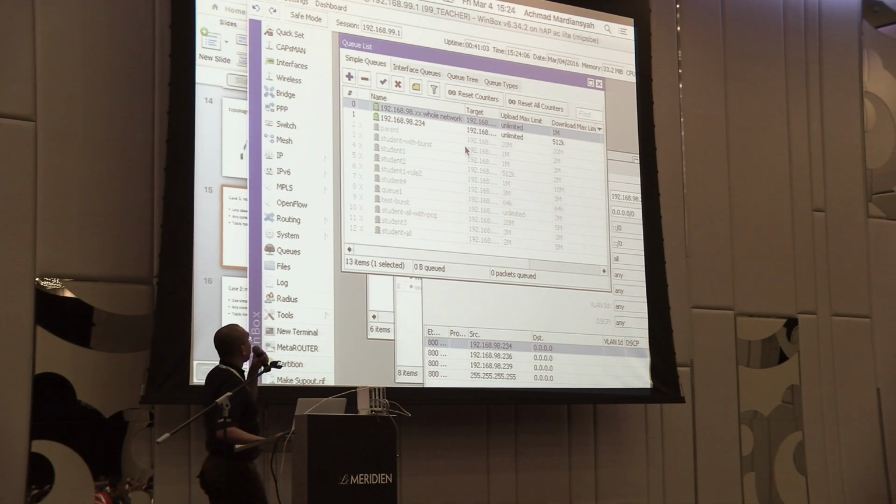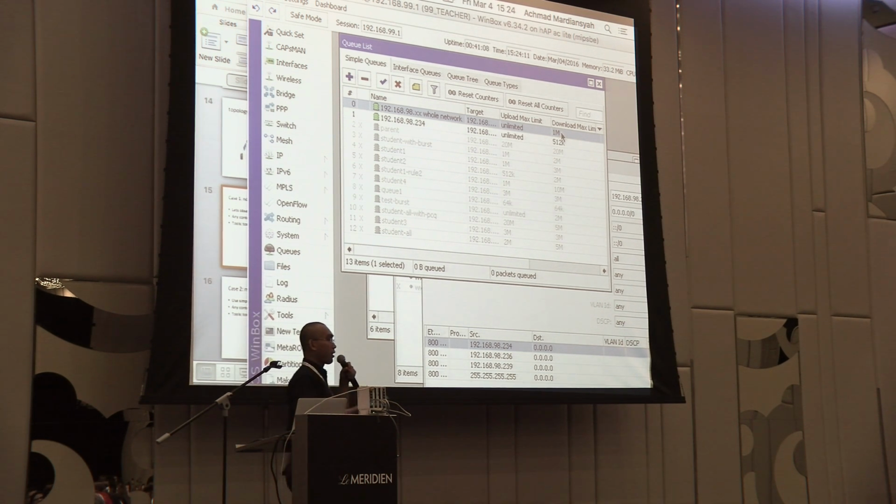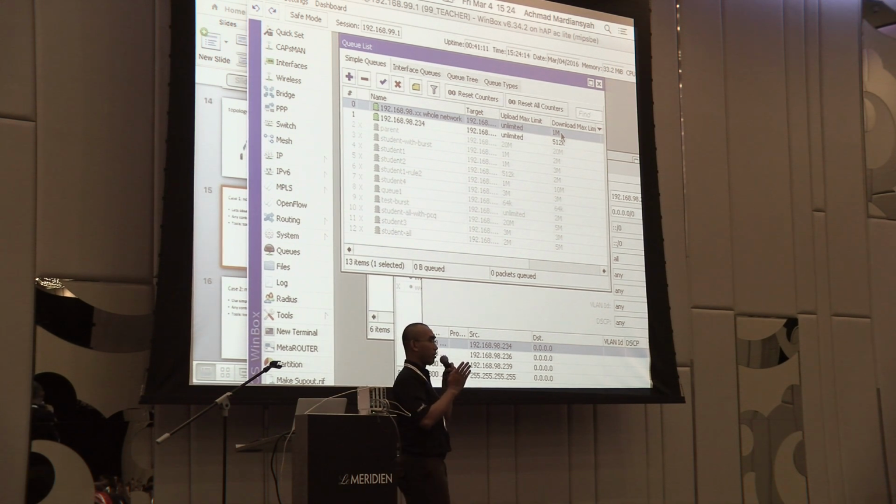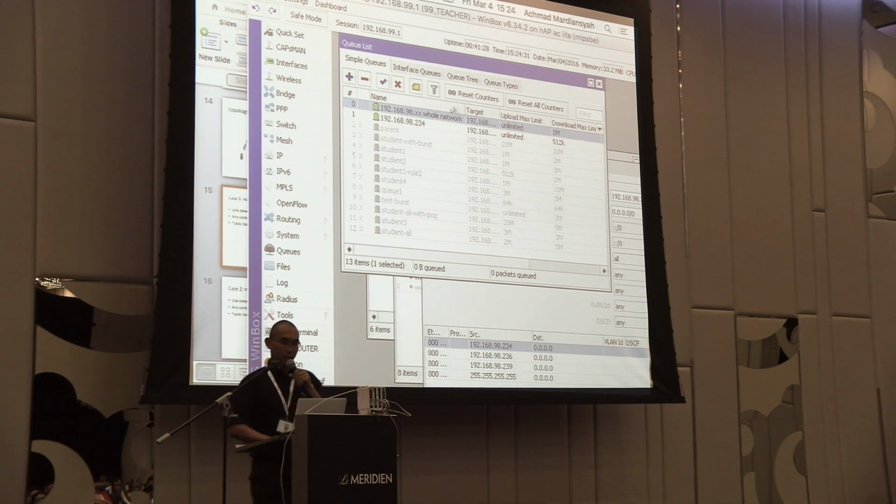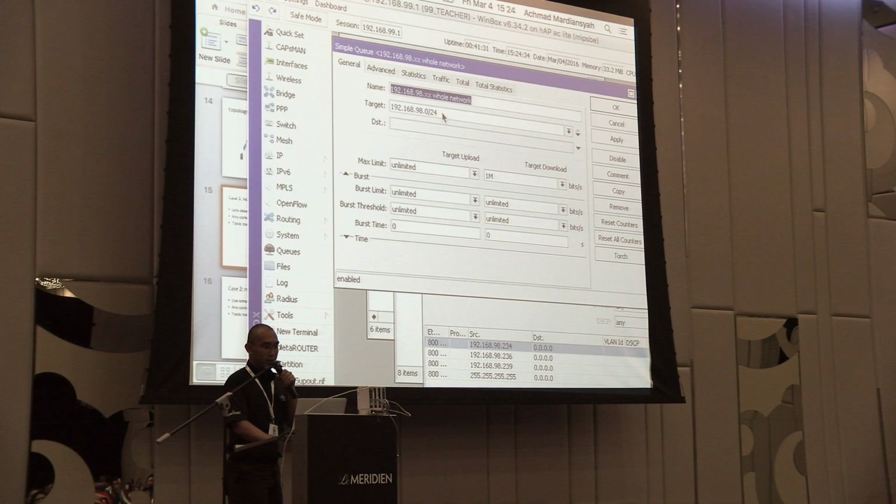Okay. So what happens when we have this one, 1 megabit per second? If we have 10 customers, then the 1 megabit per second will be divided by 10. Or if there is just one, then the whole bandwidth will be consumed by one customer. So there is no clear separation here. If we divide the bandwidth based on network, therefore